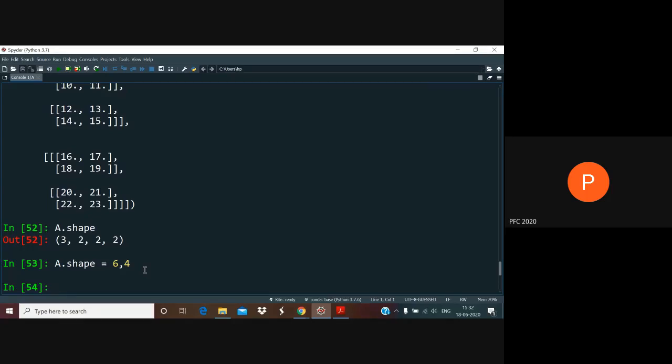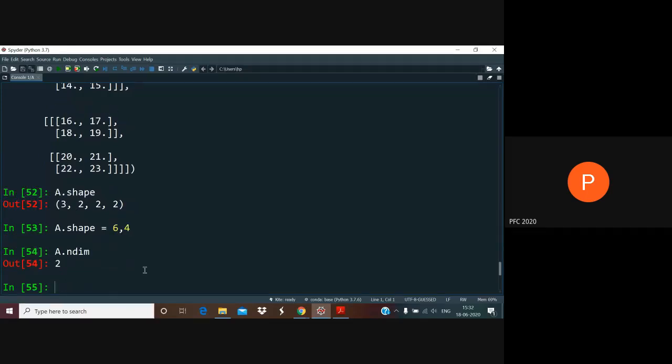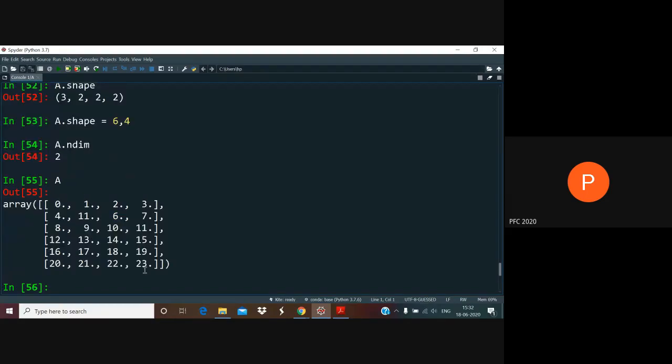If you just separate things by a comma, Python automatically packs them into a tuple. So what I've really supplied on the right-hand side here is a tuple 6, 4, and now my A is 2-dimensional. There are 6 rows and 4 columns in the matrix language, and this is what it looks like.